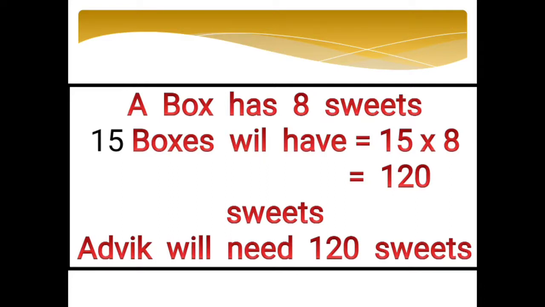As you know, we always start the multiplication with the ones digit. So 8 1s are 8, 8 2s are 16, 8 3s are 24, 8 4s are 32 and 8 5s are 40. It means 0 is here and you carry 4 here. Then once again 8 ones are 8, 8 and 4 make 12. It means how many sweets?